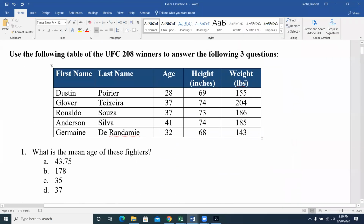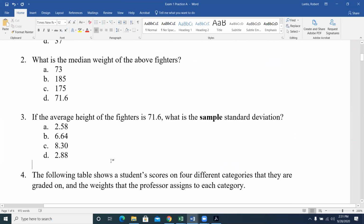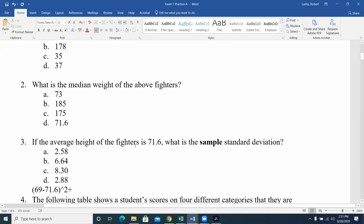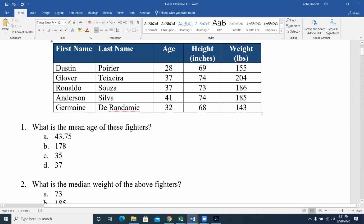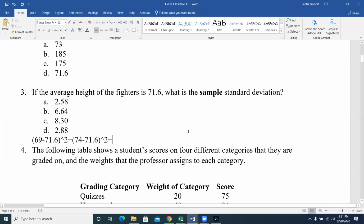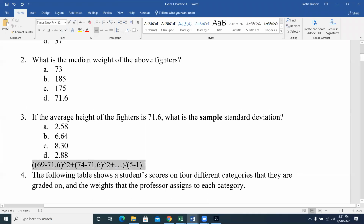Here's my height variable. I'll go through the very first person. 69 was their value, so 69 minus that mean of 71.6, squared. Then add to that the next outcome, 74: the deviation of 74 from that mean of 71.6, squared. I continue to do that for each person all the way down to the very last one. Once I have all those values and add them all up, because it's a sample, I'll divide by n minus 1, or 5 minus 1 here, so 4. There are 5 observations, so n minus 1 would be 5 minus 1. And then finally,